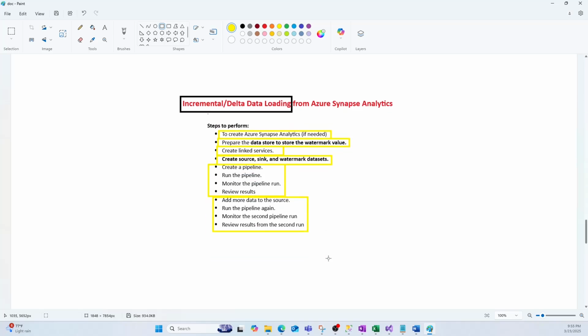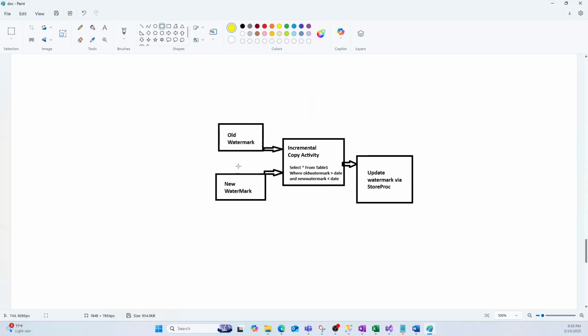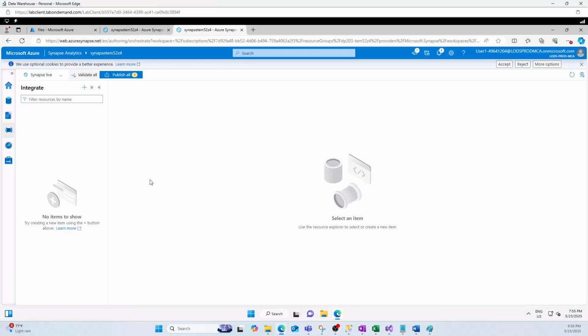In order to do that, we'll be doing a few activities here. We'll be doing the old watermark activity, new watermark activity, incremental copy data activity, and a stored procedure activity to update the watermark table. So we'll be doing these steps on our Synapse for the delta load. So I'm going to open my